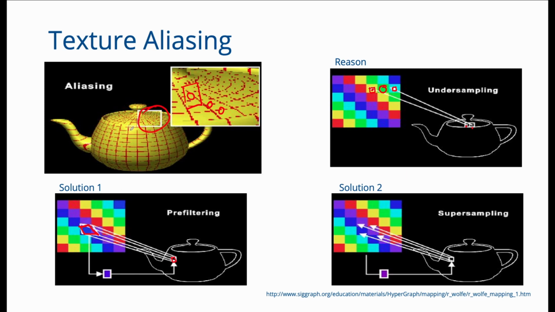So instead of finding that one texel, what if I could find out this area on the image corresponding to a finitely sized pixel, and then average all the color information in this area and apply that averaged information to this pixel in my scene. This is called pre-filtering. The effect that this has is that it smoothens out or averages out the texture before it gets applied, and therefore it prevents texture aliasing.